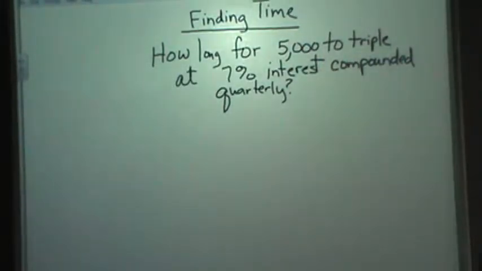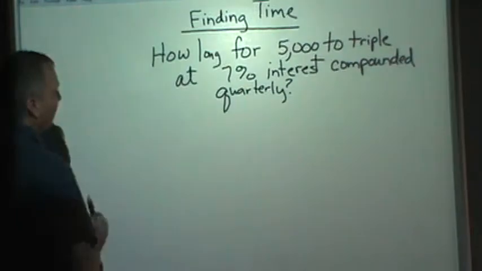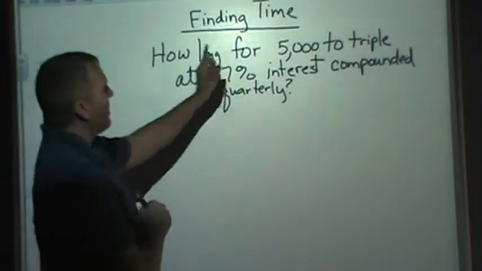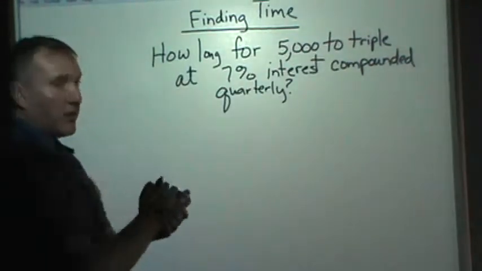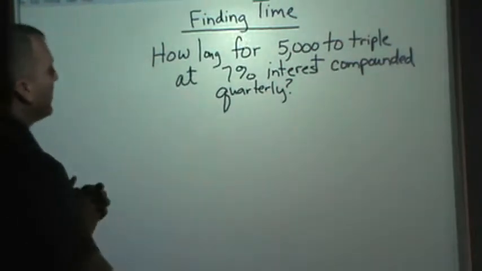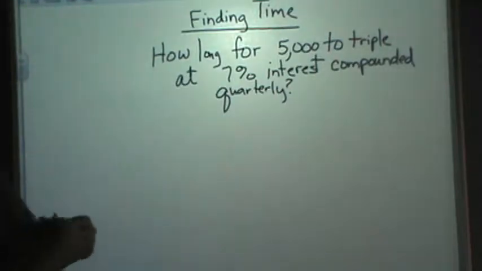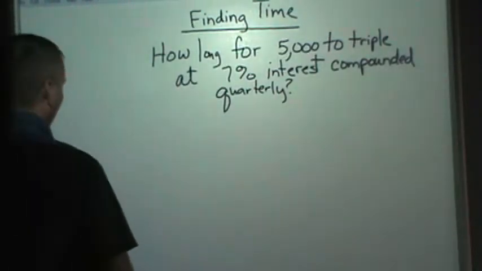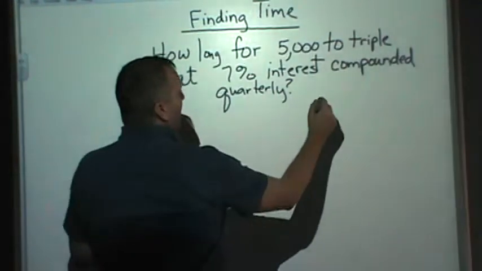All right, this one right here, we're trying to find the time that it'll take, if we was to put $5,000 in the bank for it to triple, in other words, to go to $15,000 at a rate of 7% interest, and it's compounded quarterly. So we want to know t, we don't know how long in years. We would use the formula,